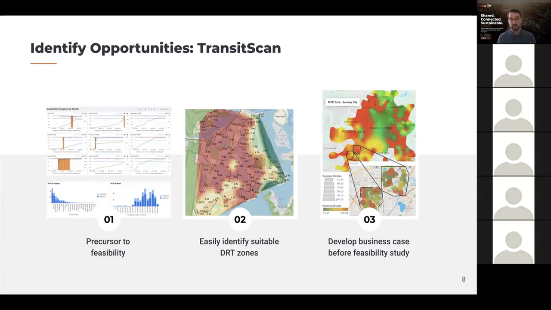We can look at, for example, public transport journey times, compare those to the equivalent drive to see how attractive public transport might be. We can map out walking times from each point to the nearest bus stop, or perhaps the number of connections people have to make to get to the town centre or another key destination. So that allows you to very quickly build up a picture of where the gaps are. It helps you to start to develop the business cases and identify the areas for the more in-depth simulation work that we'll talk about on the next slide.